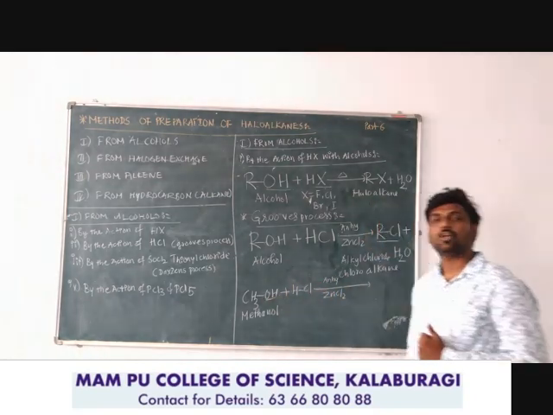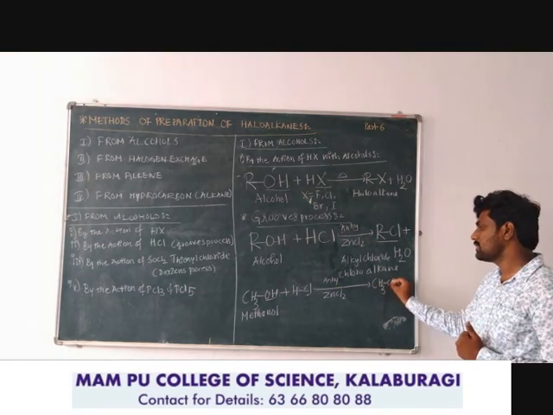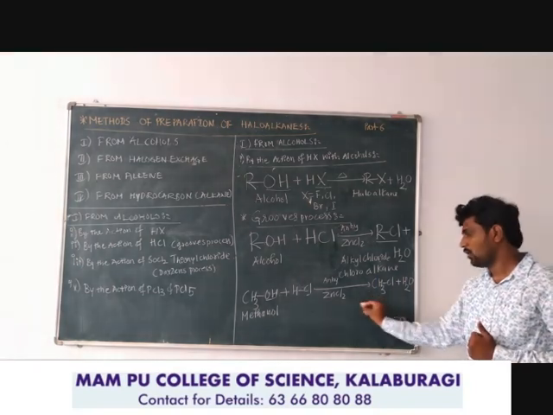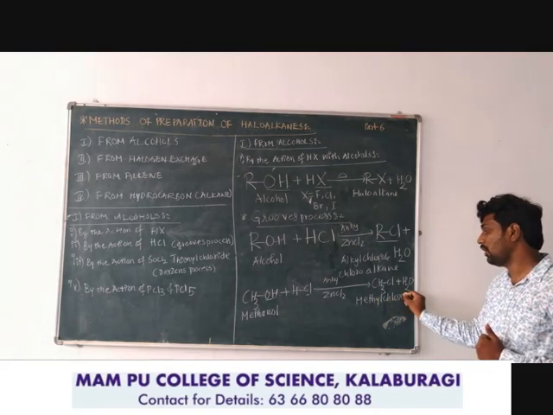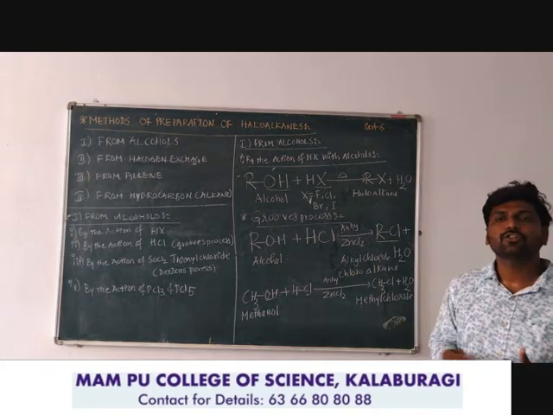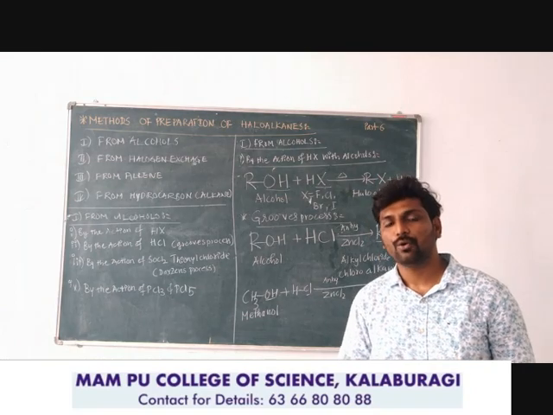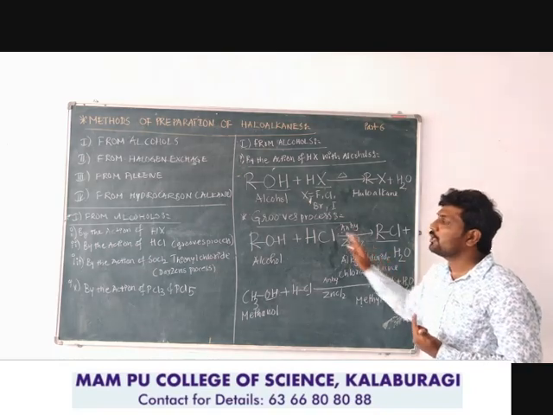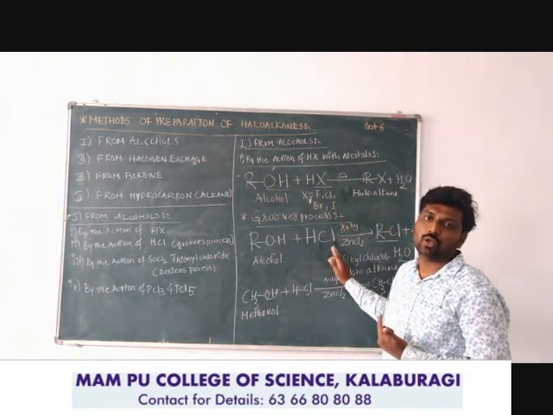The OH of the methanol is replaced by the Cl of the HCl, and I am getting CH3Cl and the byproduct is H2O. The product I got here is methyl chloride, because I have taken methanol. So methyl chloride or chloromethane. If I have taken ethanol, chloroethane. If propanol, chloropropane. Butanol, chlorobutane. So generally I can prepare alkyl chloride from the Groove process, that is by the action of alcohol with hydrogen chloride.